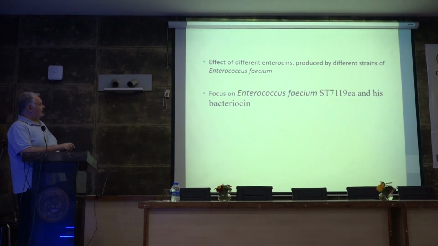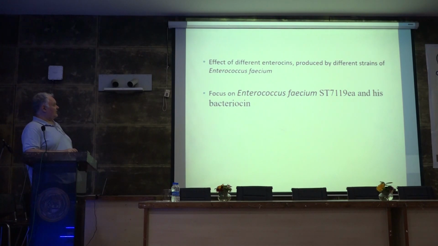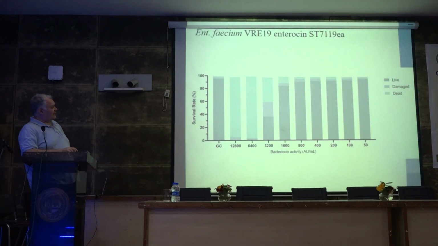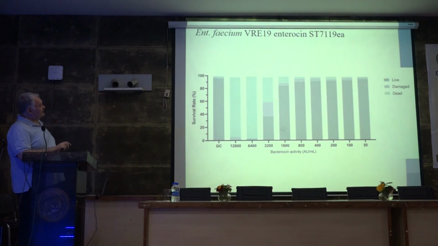So in this case, the effect of different enterocins produced by different strains of Enterococcus faecium, obviously they have this very strong effect. And we were selecting for a future study a different strain, Enterococcus faecium 7119, isolated from, this is the initials, one fermented soybean paste in Korea. And we wanted to see again how they would. So we treat the vancomycin-resistant Enterococcus